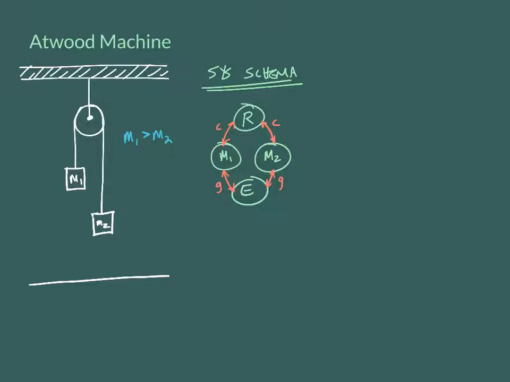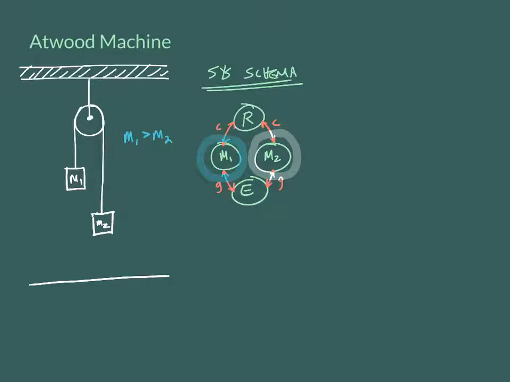We're just going to ignore that for simplicity. And so what that means is I can talk about mass 1 and mass 2 systemically and come up with a force explanation, a force diagram explanation, and therefore a force set of equations explanation for